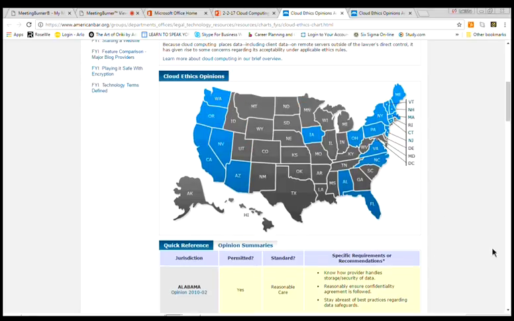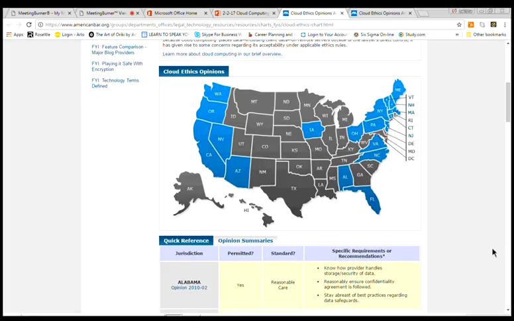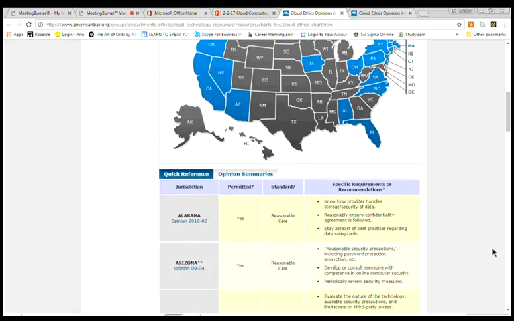That does not mean that there are no rules concerning cloud computing. So you want to go to your state bar's website, use a research system if your office uses something like LexisNexis, Westlaw, or Fastcase (Lowest Law is now Fastcase), or Google Scholar, FindLaw, whatever system you're using, or a general Google search, to locate the cloud ethics opinions for your state. So what I'm going to do now is go down this list, because this is not every state, not every 50 states, and reference each of the opinions,